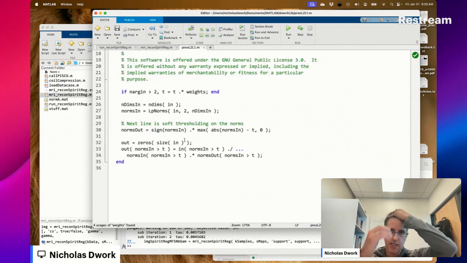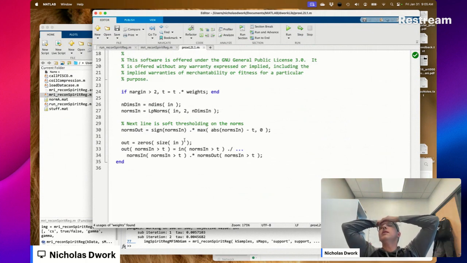Is there a way to test the proximal operator? One way to do it is to install CVX and then compare the output of the proximal operator, which is a convex optimization problem, to the result of CVX. I can do that. Don't really want to, though.